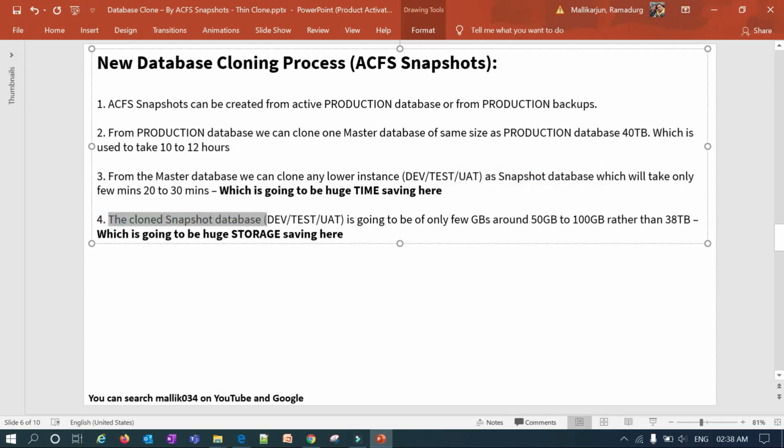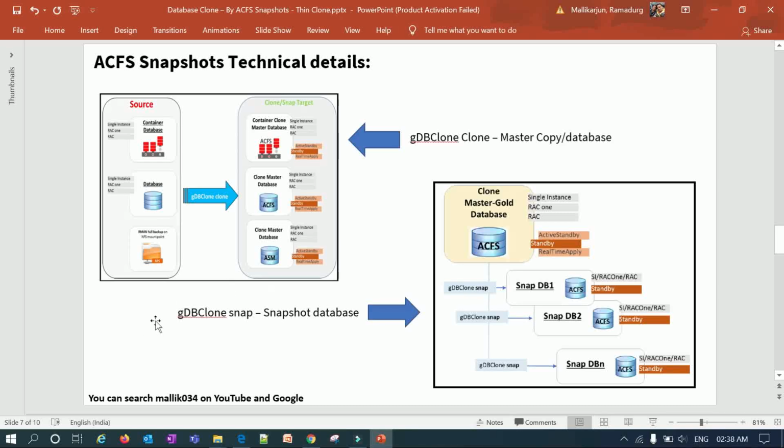The cloned snapshot test, UAT and development databases are going to be only a few GBs, 50 to 100 GBs, rather than the 40 terabyte of my production database, which is a huge storage saving here, and a huge time saving here. I'll explain in my next slide.